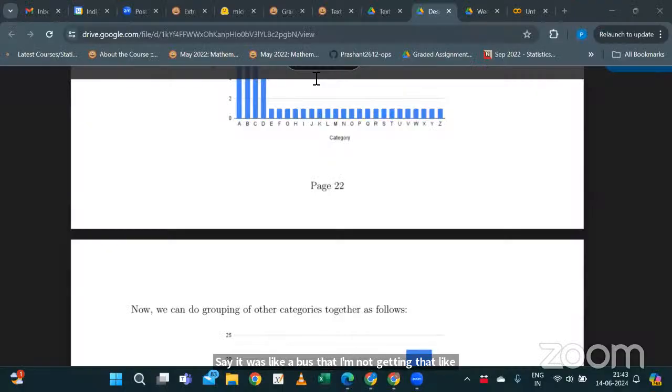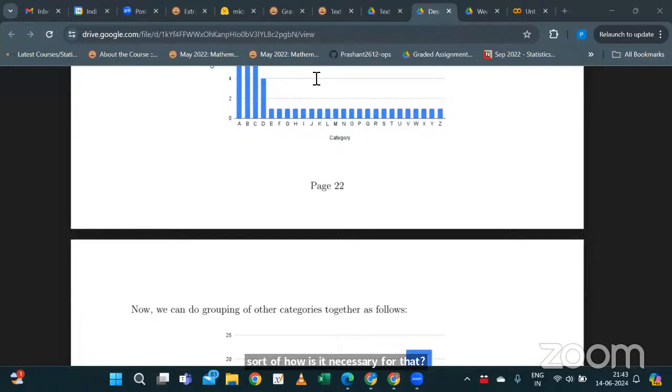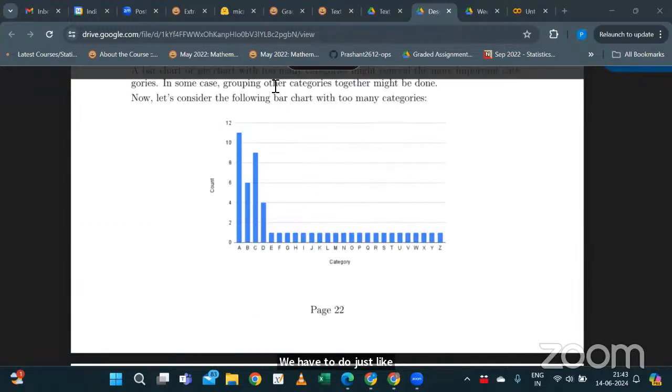Sir, I have one more question from the communicated data, in which you showed the y-axis with something at 5 in the graph. Can you go back? It's under the textbook. Sir, I'm not getting that. How is it necessary that we have to do it just at 5, or is there a